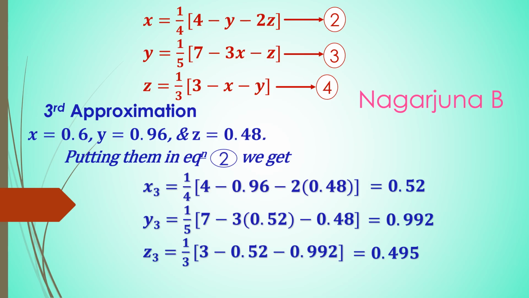And now in the second approximation and third approximation just do the comparison. X is 0.6 and now x is 0.52. Y is 0.96 and now it is 0.992. Z is 0.48 and now z is 0.495. That means these are almost all nearer. That means you can stop at this particular point and then you can write the values of x, y and